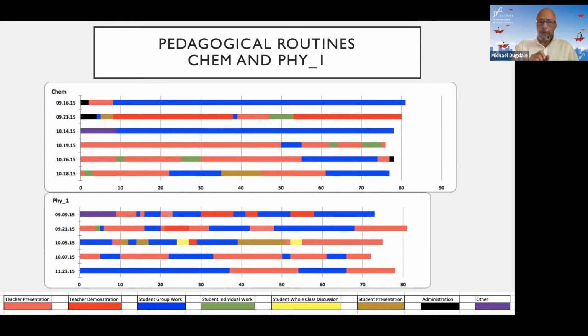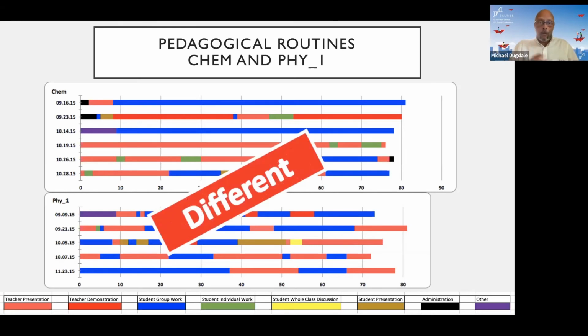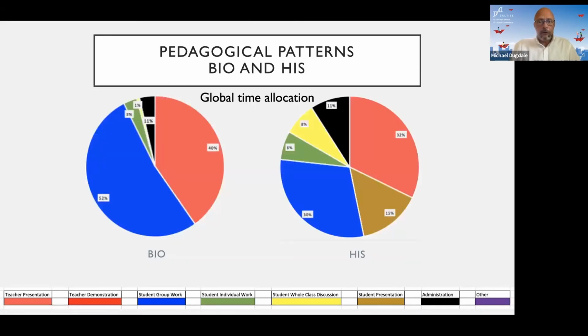And so there's a different interplay between group work and then focusing on the teacher for a moment for the physics class, compared with the chemistry class where there's a setup, and then the students are expected to work in groups for long stretches at a time. And so although the global time allocation looked similar, when you look at the way that they're orchestrating those active learning sessions, they did show up to be quite different.